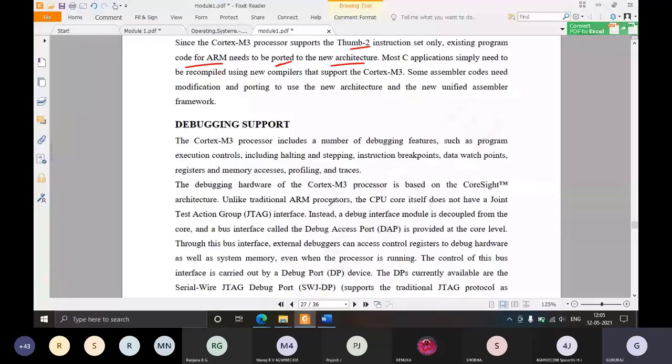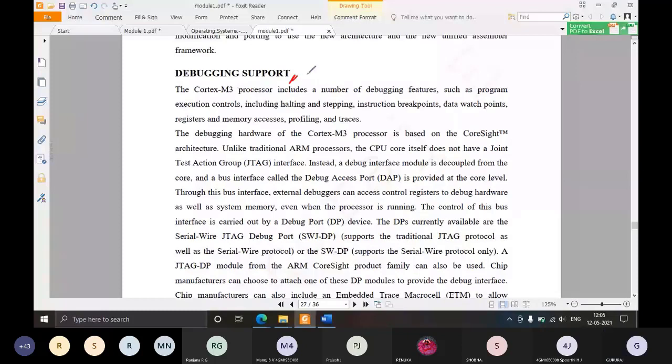other devices. Next, coming to debugging support. If you remember the diagram of the core of the Cortex M3, ARM develops the core as well as the debugging support. I told you this debugging is used to check inside the processor. What is going wrong or what is going right?